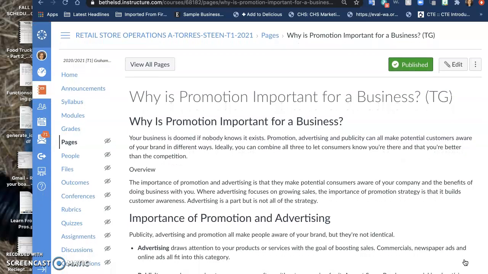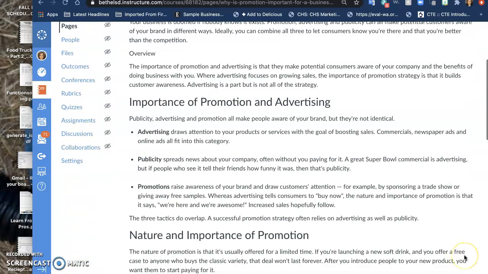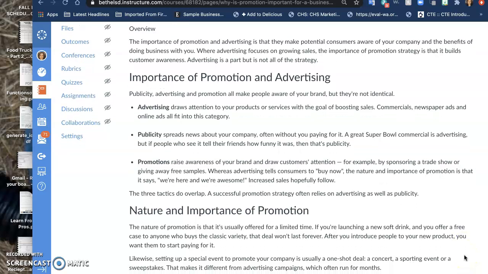Why is promotion important for a business? Your business is doomed if nobody knows it exists. Promotion, advertising, and publicity can make potential customers aware of your brand in different ways. Ideally, you can combine all three to let consumers know you're there and that you're better than the competition. The importance of promotion and advertising is that they make potential consumers aware of your company and the benefits of